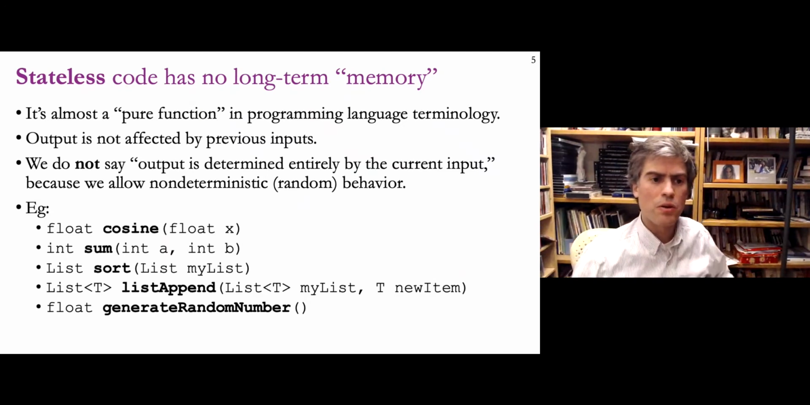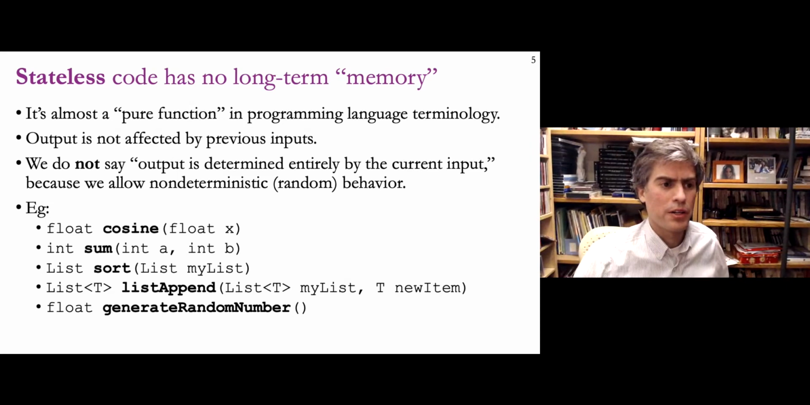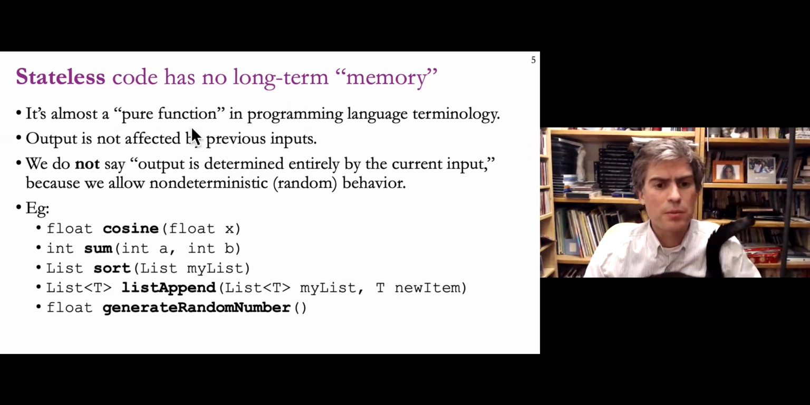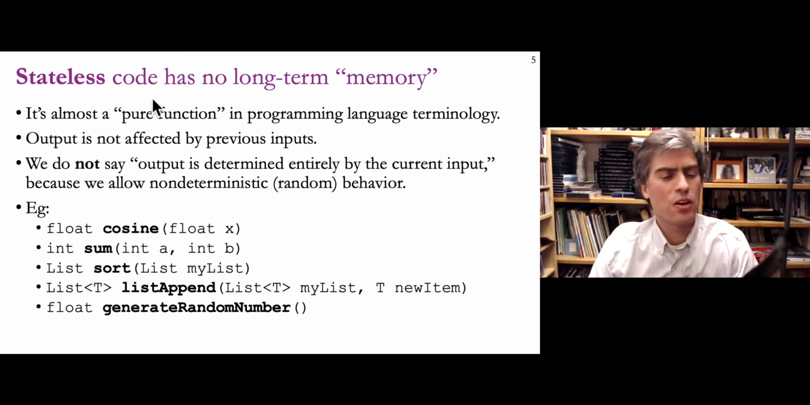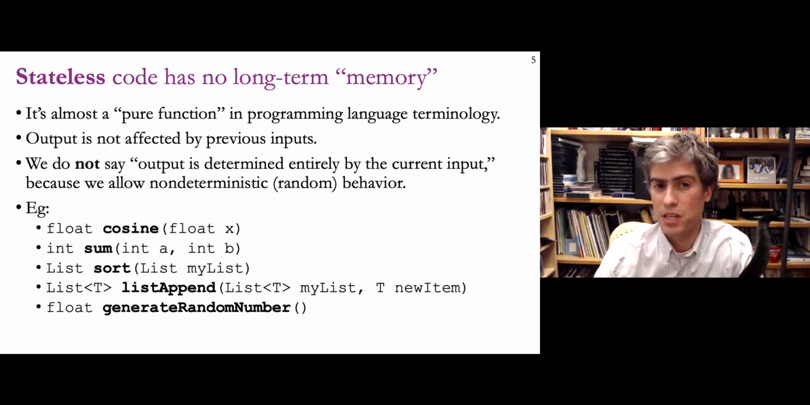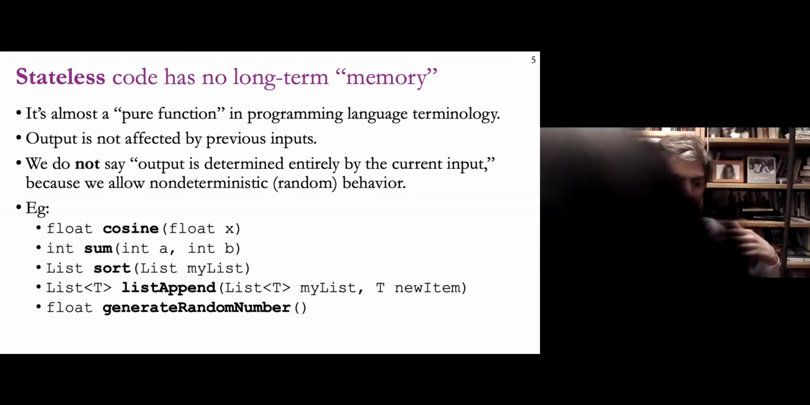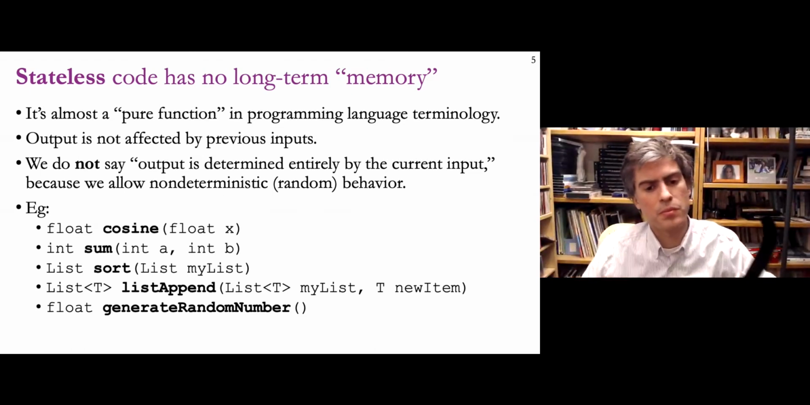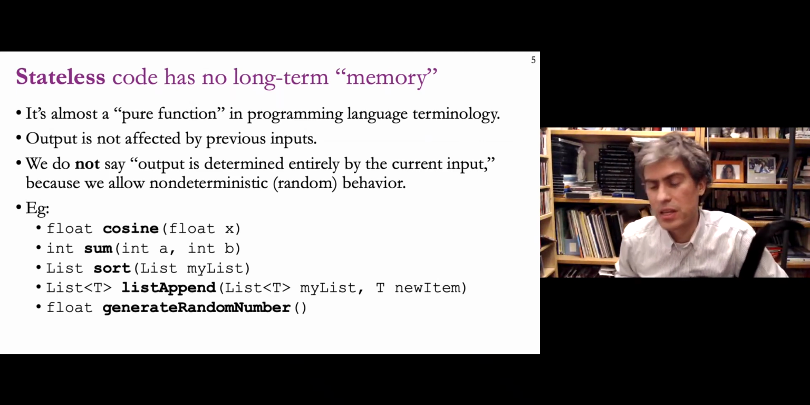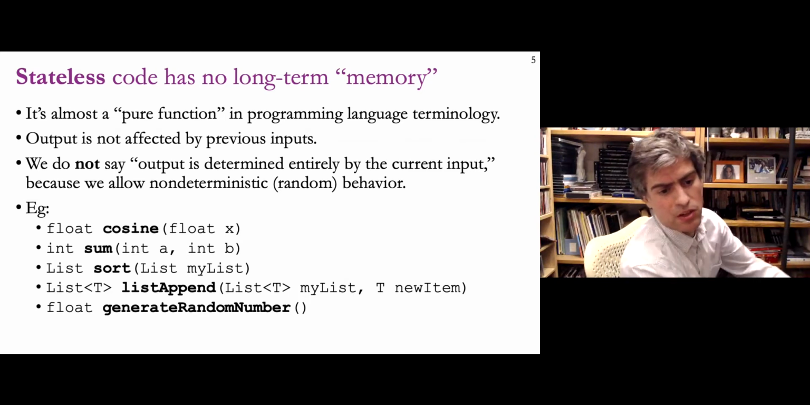later on. So just to define this a little more concretely, stateless code has no long-term memory. It's almost like a pure function in programming language terminology, which is to say the output's not affected by previous inputs. It's not quite the same as saying that the output is determined entirely by the current input, because we allow for non-determinism, which is to say random behavior. So a stateless code does not necessarily give the same result if you give it the same input. That would be deterministic stateless code. A stateless code can have random behavior, but the random behavior has to be independent of previous executions, the previous requests that went to